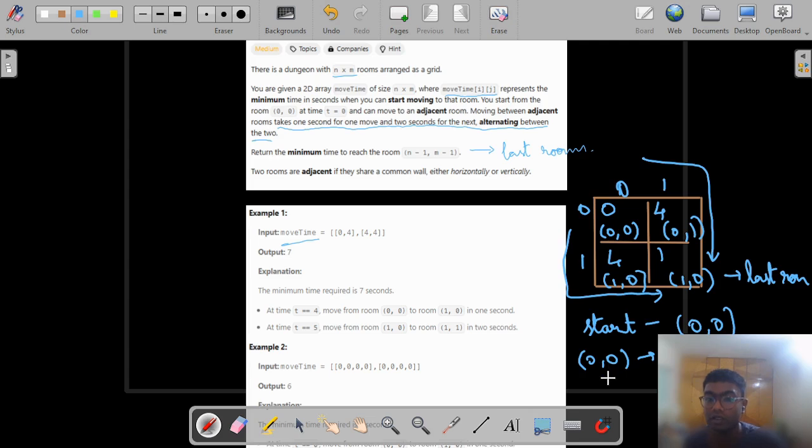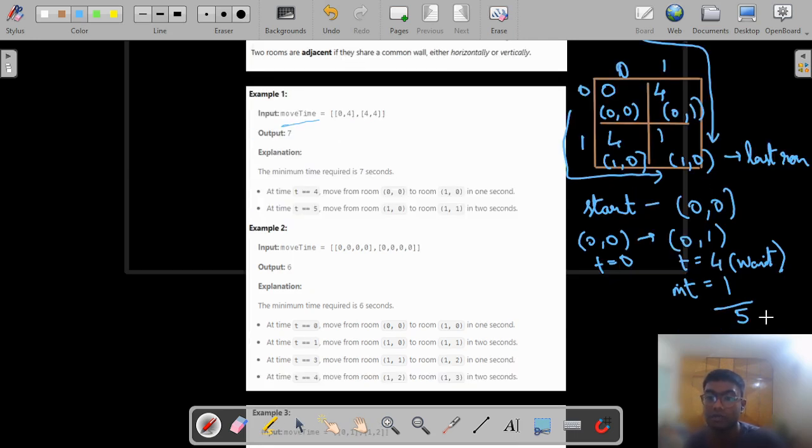Here the time is 0 and the required wait time is 4, so we call this the move time, and we might end up at 5 seconds at this one. So once we reach 0 comma 1 or 1 comma 0,